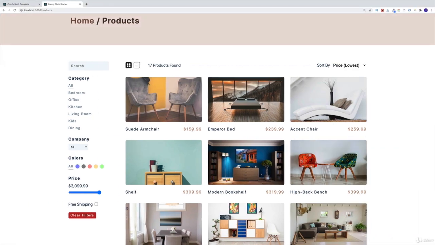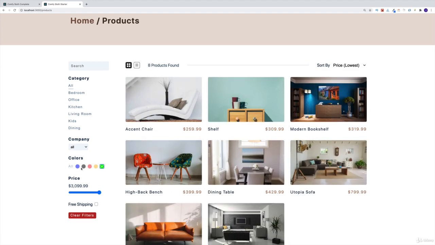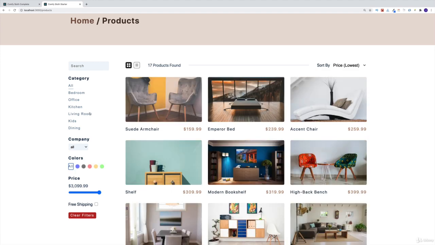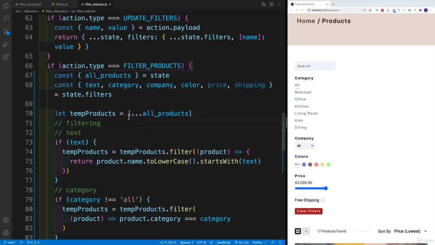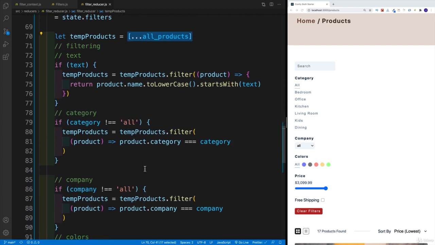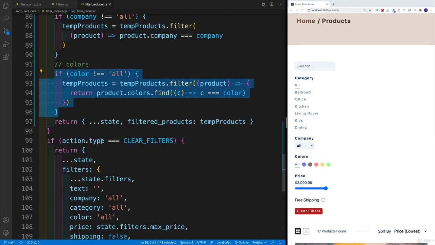And that way, again, we can navigate to the bigger screen. And there it is. Now, of course, I can see different colors as well. If I want to go back to all, I just go back to all. And then since we always start from scratch with all the products, once I set to all, this condition is not met. And then I'm returning all the products. I know I've said this already 20,000 times, but I think it's extremely important that you understand that because that pretty much is the whole logic behind this whole filtering. Everything else here is just details, how we filter it.